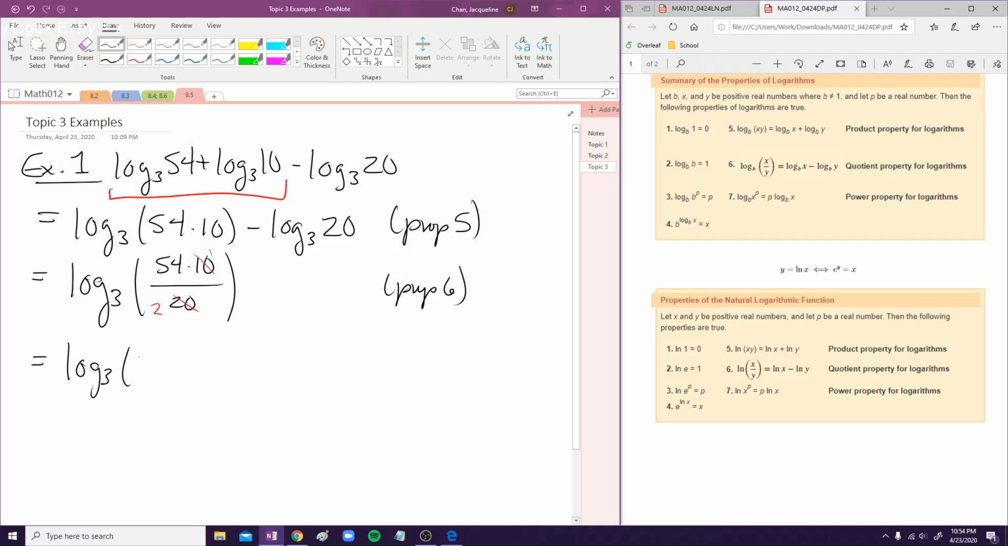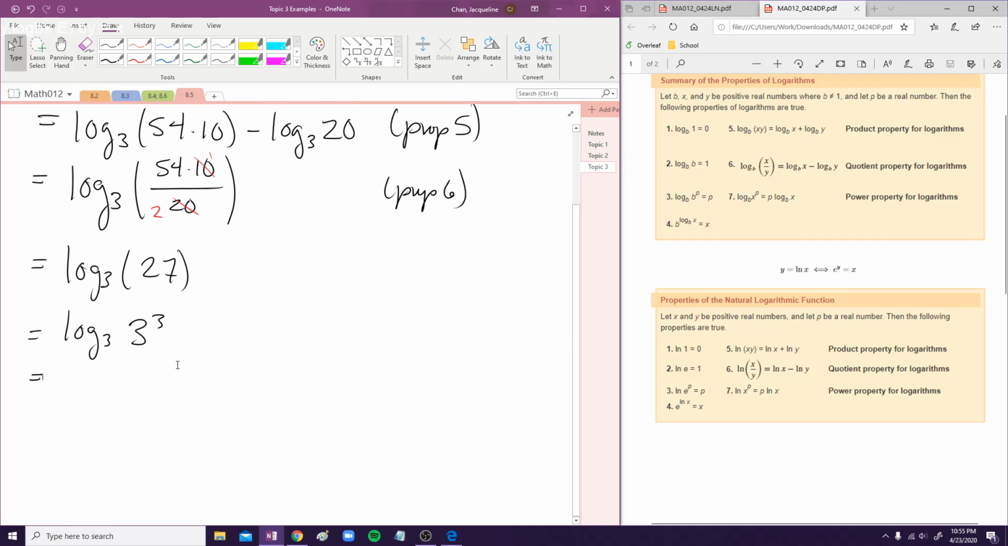What is 54 divided by 2? That is 27. So we have this log base 3 of 27, and I'm keeping in mind our third property. Because I know 27 is actually a perfect cube, how can I rewrite 27? 27 is also 3 cubed, because 3 times 3 times 3 is 27. So now what can I do? Since I have log base 3 of 3 cubed,